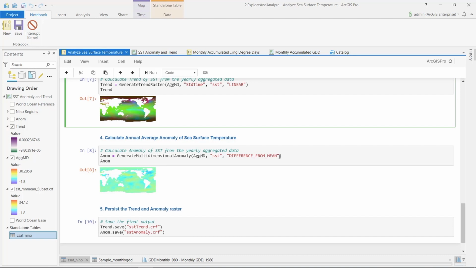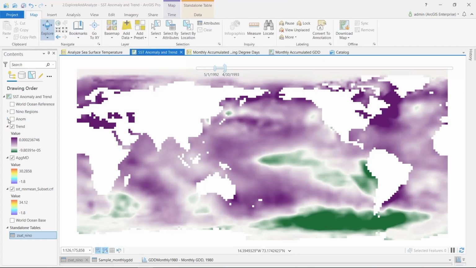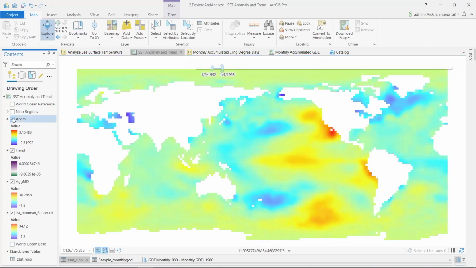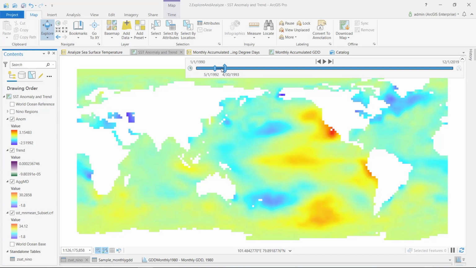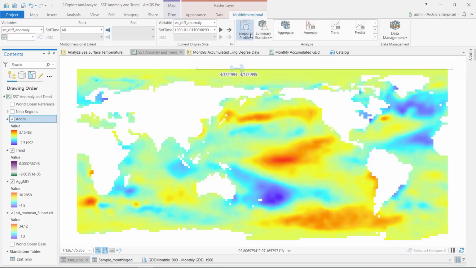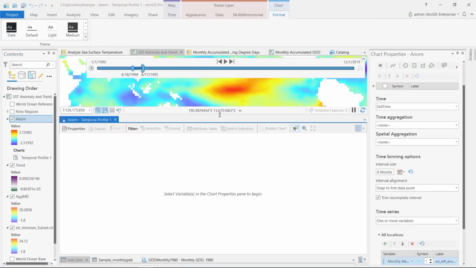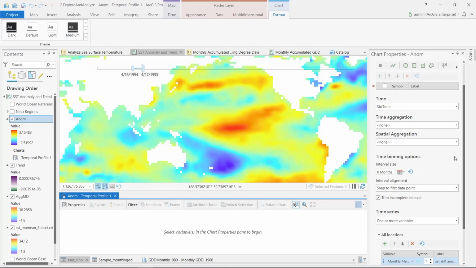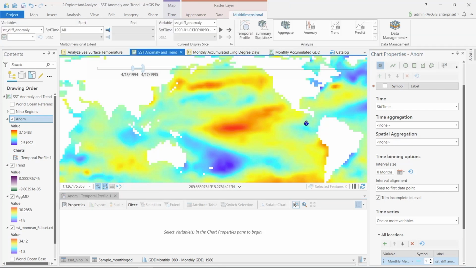The output shows areas with higher or lower value than the mean sea surface temperature. I can change the time window on the time slider to look at the different time slices. To explore further, I can use the temporal profile on this data. For example, I can see that in the equatorial Pacific sector,